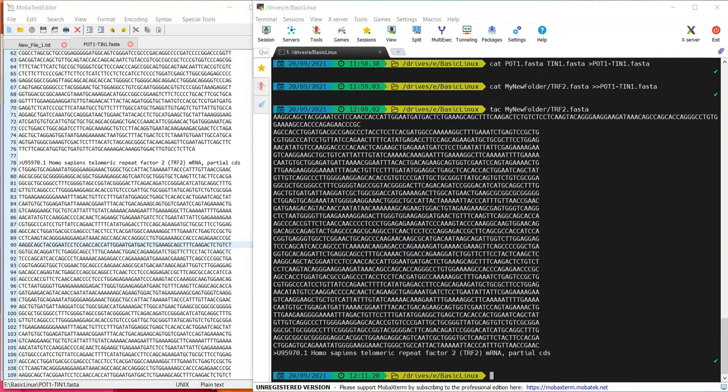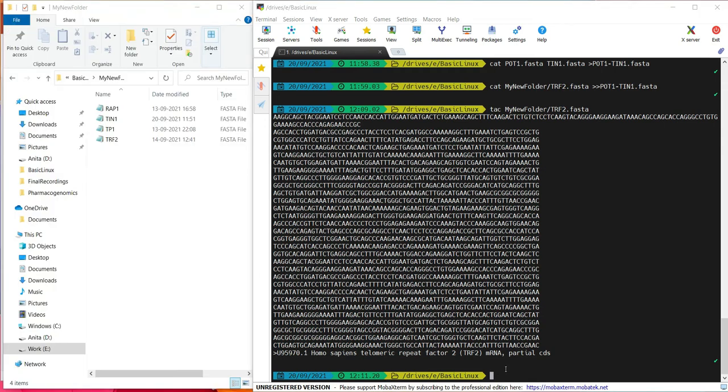Biologists often require adding contents of several files of the same format into a single file. Let's say we have to display the content of all text files or all FASTA files in a single new file. Then you just have to type cat. Say I want to join the contents of all the FASTA files in this folder. Then I will give the location of this folder, star.fasta. Then this will join the content of all the FASTA files which were present in this folder.